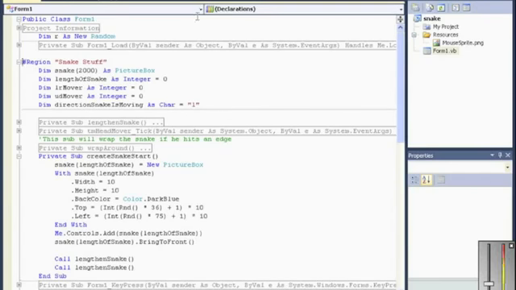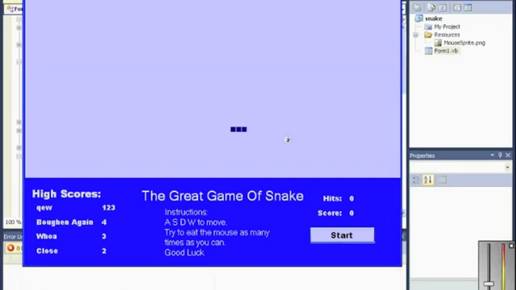It's going to be a tutorial on how to make the game of Snake. I'll play it for you first. You can read the bottom, ASDW to move around here. And essentially your snake goes around and you have to hit a mouse. Your mouse will move to a random location every time you hit it, and